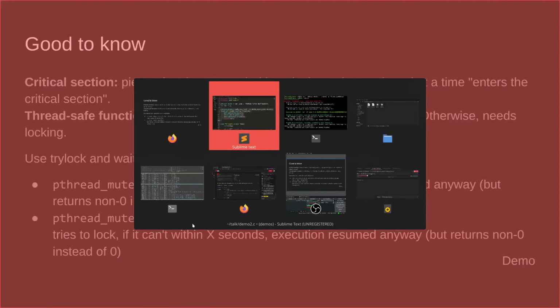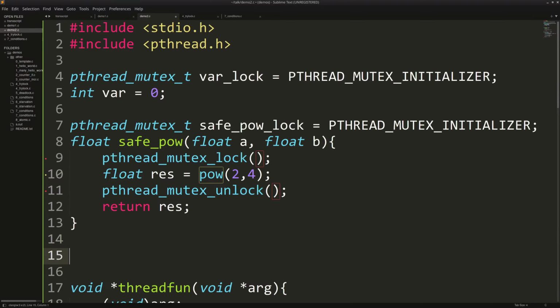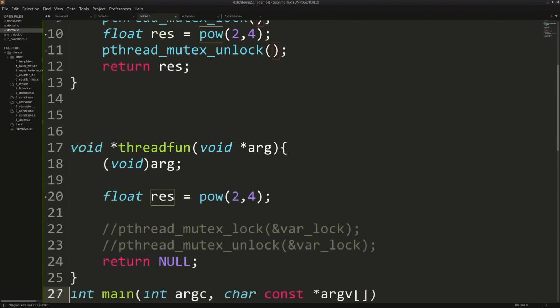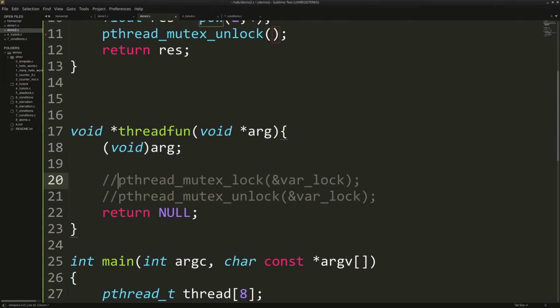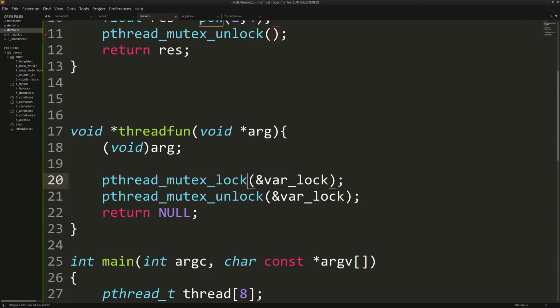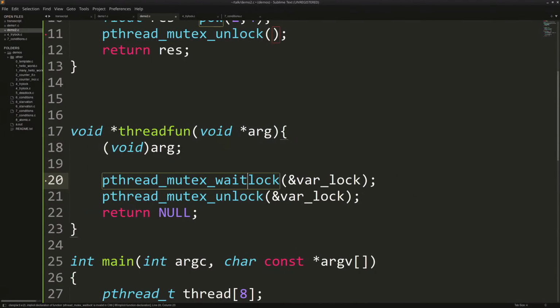And the way you use that correctly or smartly or whateverly is, let's use this function again. So we are going to change this into a TryLock, yep, or no, a WeightLock. No, let's do a TryLock. A TryLock is kind of like a WeightLock, except it has zero patience.